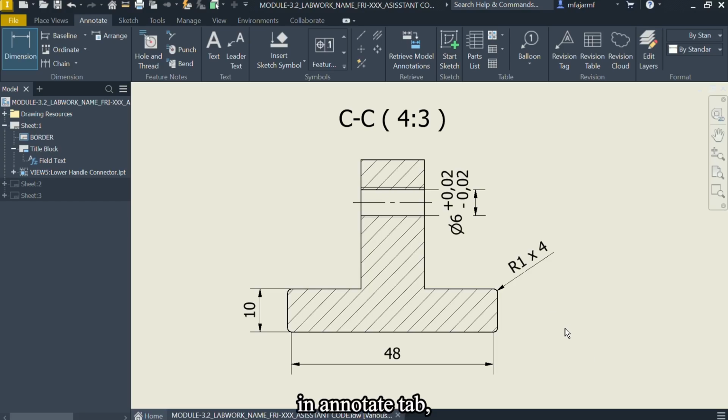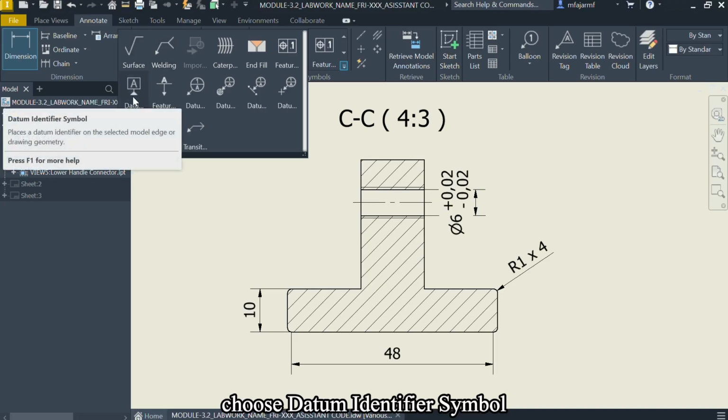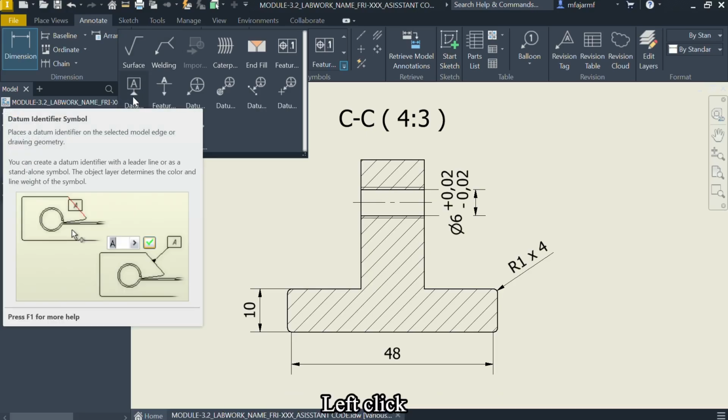Next, in the Annotate tab, go to Symbol and click Expand and choose the datum identifier symbol. Left click.